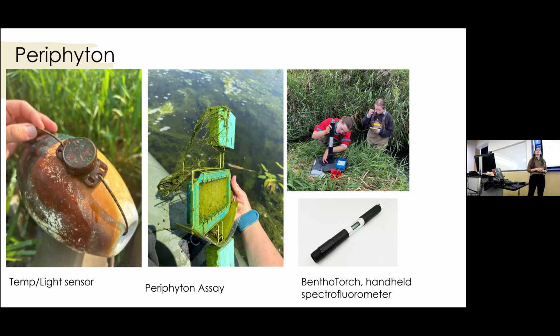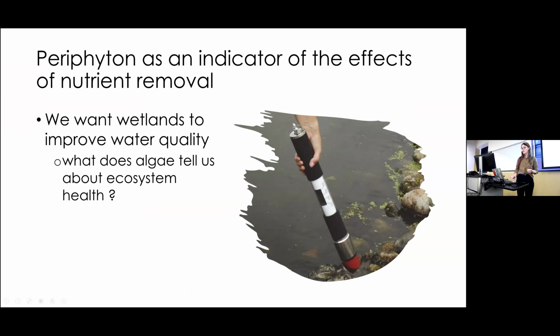We come back and we measure them using a handheld spectrofluorometer known as a benthotorch. This benthotorch fluoresces the slides, and it has a computer that knows the ratio of chlorophyll A and other pigments to identify three main groups of algae, which are green algae, diatoms, and cyanobacteria. So it's a really cool magic algae wand that we get to use. And we can use this information to study,